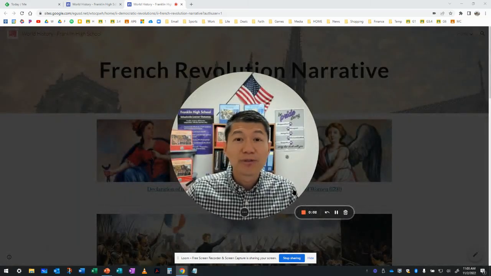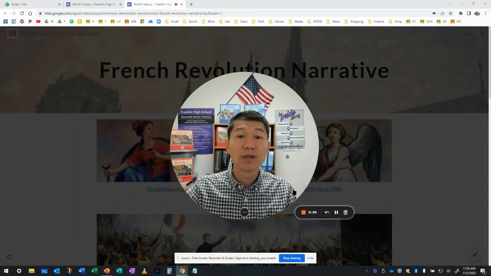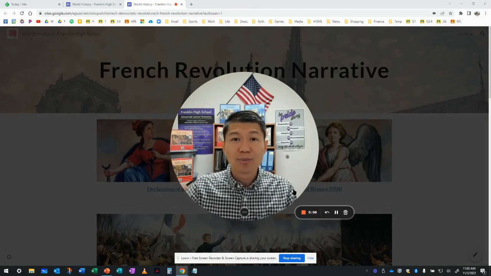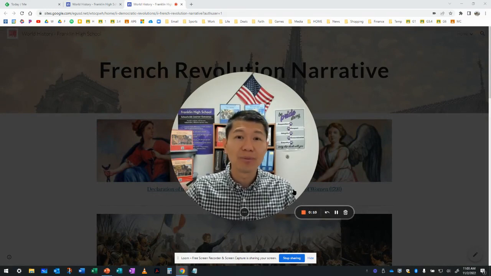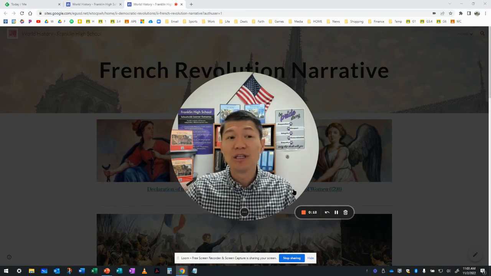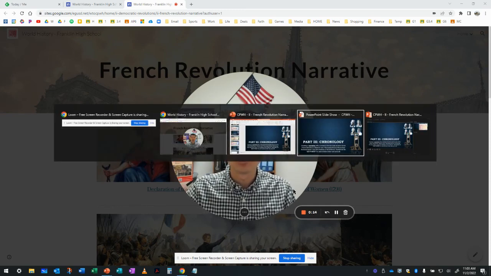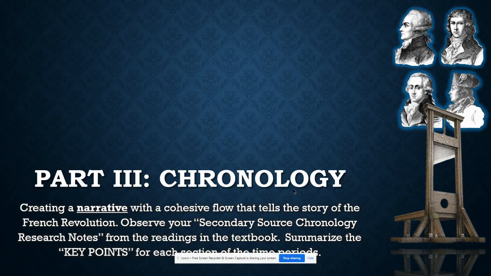All right, this is part three of writing the French Revolution narrative. We are going to tackle the part where we want to make it sound like a story, a narrative. And from that, we want to be able to examine the chronology of what happened in the French Revolution. Okay? So, again, a narrative should have a cohesive flow that tells a story, in this case of the French